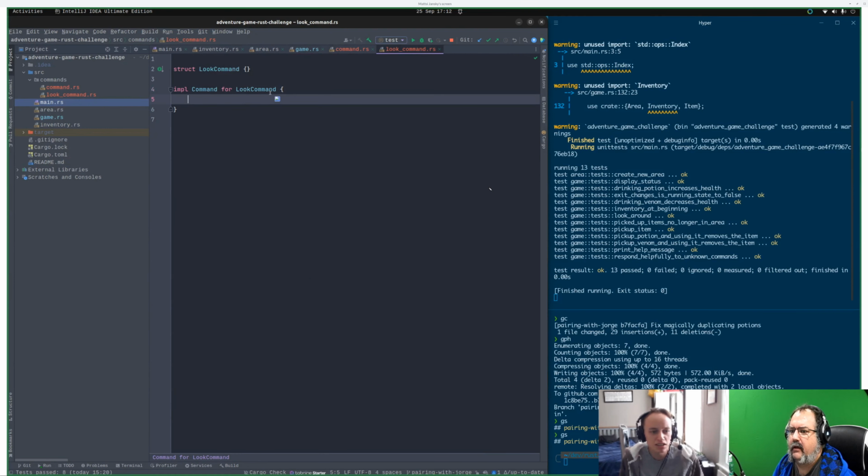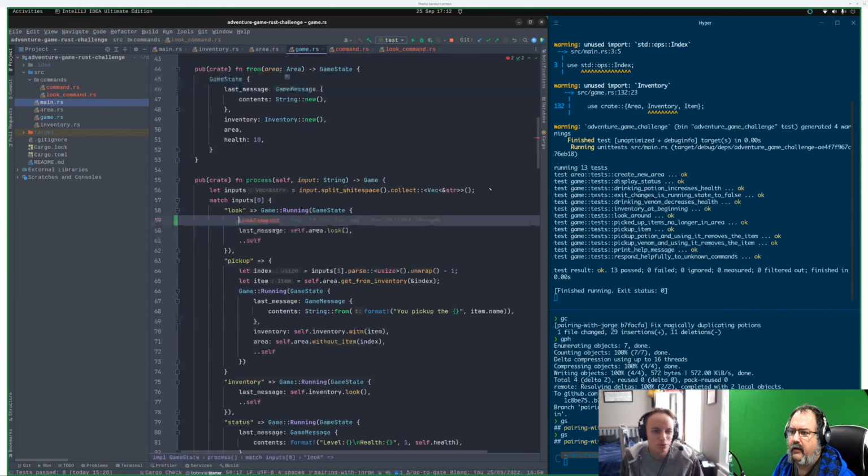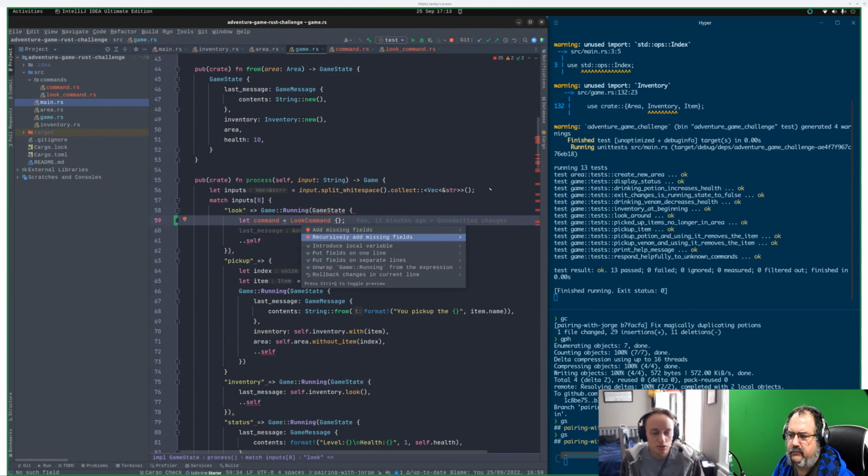I suppose we're also going to need a new method actually, aren't we? We can just say let's command, and hopefully. Do we need to give them a namespace or something? Maybe. I'm not sure. Let's see what it says. Add missing fields. Recursively add missing.